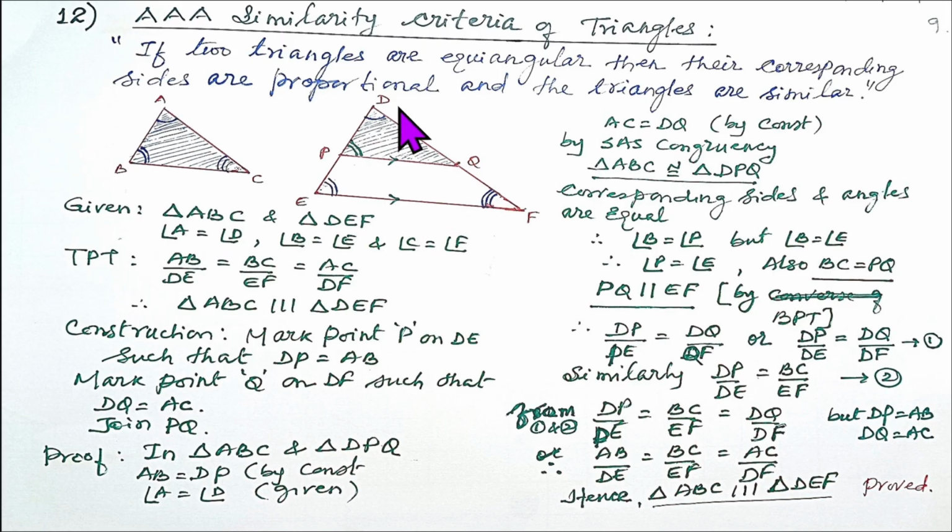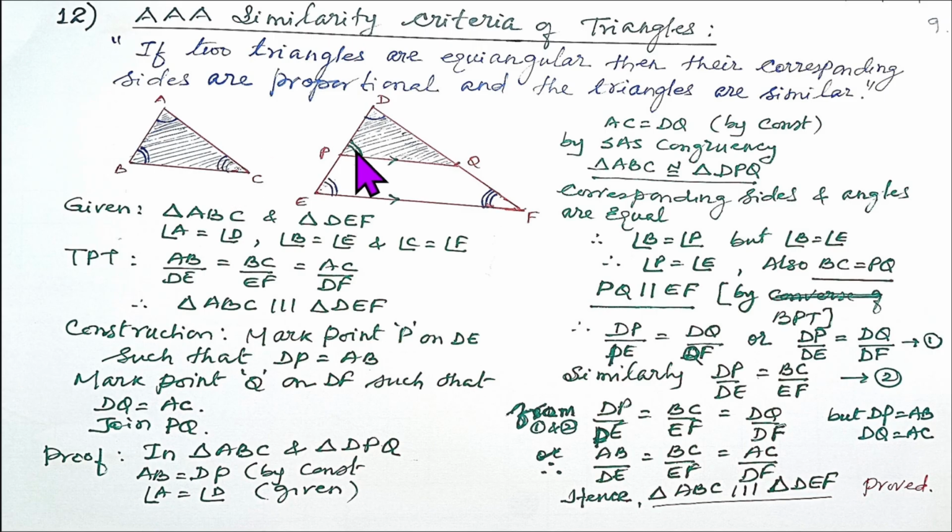Now in triangle ABC and triangle DPQ, we know that AB is equal to DP by construction, AC is equal to DQ by construction, and angle A is equal to angle D, it is given to us. Therefore by side angle side congruency criteria, triangle ABC and triangle DPQ are congruent. If the two triangles are congruent, then the corresponding sides and angles are equal. Therefore BC is equal to PQ, angle B is equal to angle P,